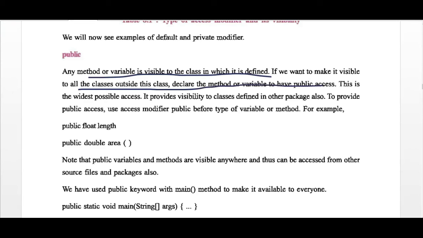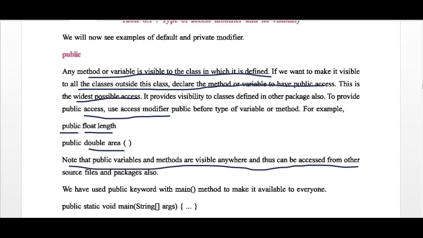This is the widest possible access. It provides visibility to classes defined in other packages also. To make a public class, use the access modifier public before the type of variable or method. For example, you can see float length. Float is a data type. Length is the name of the variable. You can see it is declared as public. So its visibility is public. You can see here area is our method and it is declared as public. So note that public variables and methods are visible anywhere and thus can be accessed from other source files and